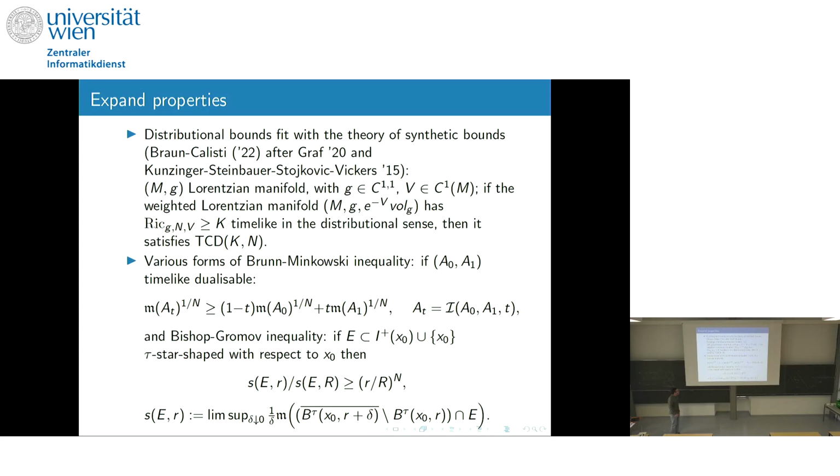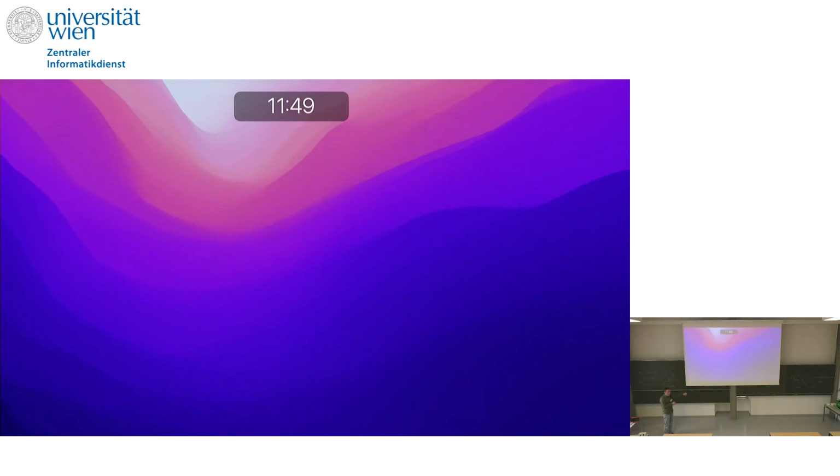Similarly, we also obtained an analog of the Bishop-Gromov inequality. Obviously here you cannot take the classical Bishop-Gromov inequality relating the volume of the balls, because possibly the volume of the balls is infinite, so you have to select a sector in which you would like to test this inequality. So we considered Bishop-Gromov only for a sector for which we ask this condition to be tau-star-shaped. That just means that a set E in the future of one point is tau-star-shaped if, as soon as you have one point inside E,